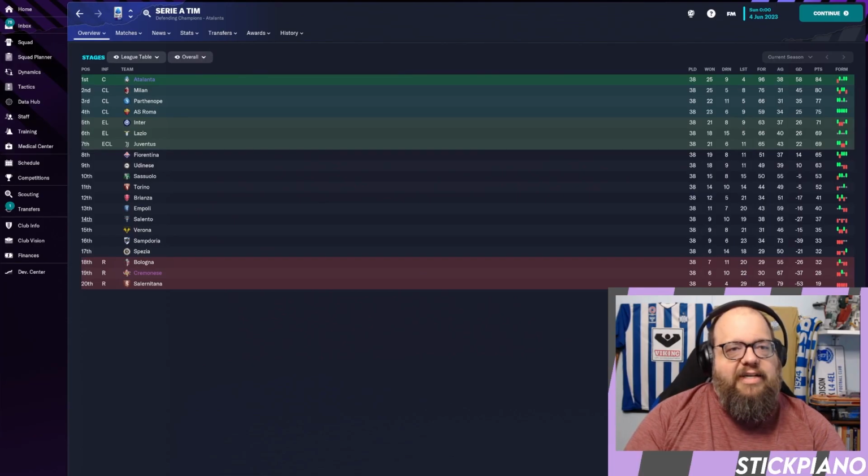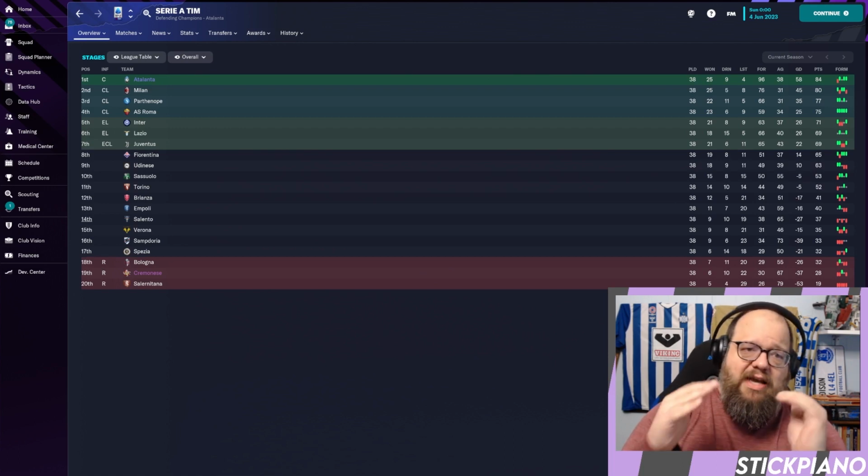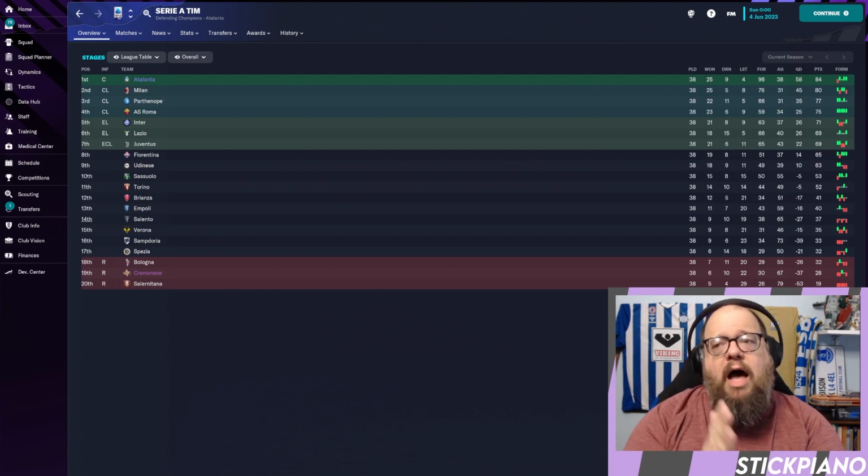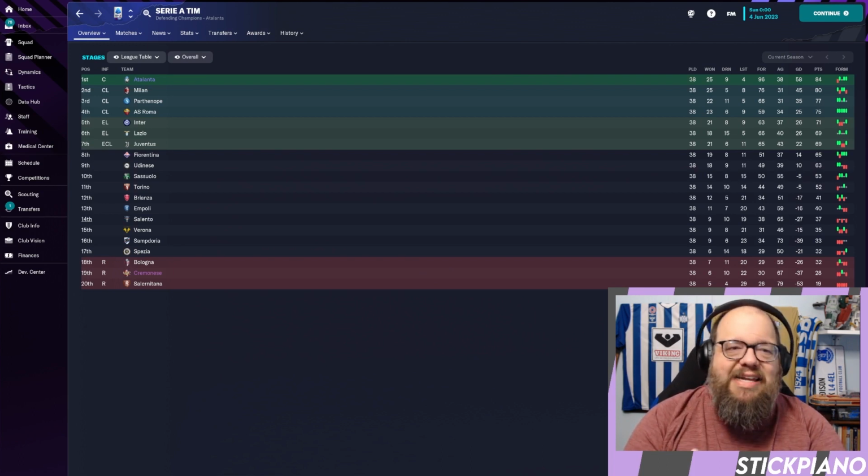All right, let's take a look at the table, and you can see Atalanta did indeed finish as champions, 4 points clear of AC Milan. Now, I think the impressive thing about this tactic is two things. One, 84 points has kind of been the threshold for a very good tactic in the hands of Atalanta, but also only 4 losses. And if you take a closer look at some of the numbers, it also had 96